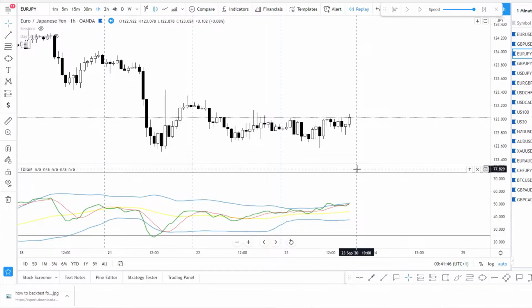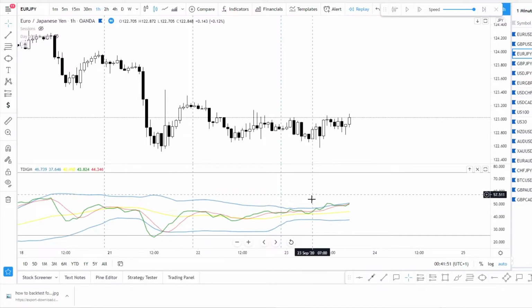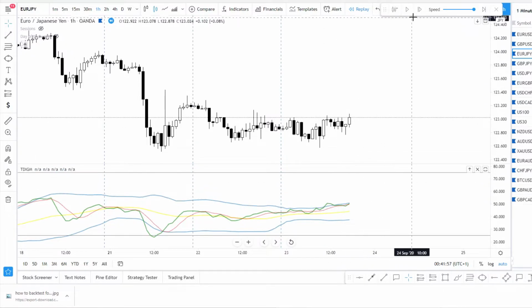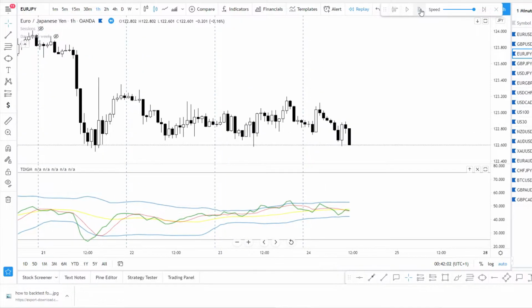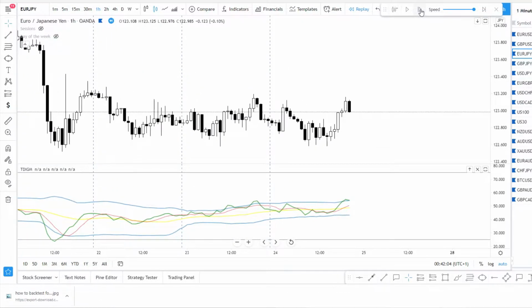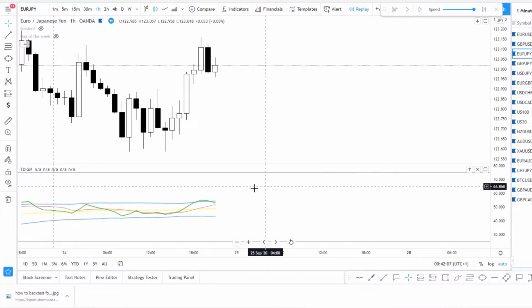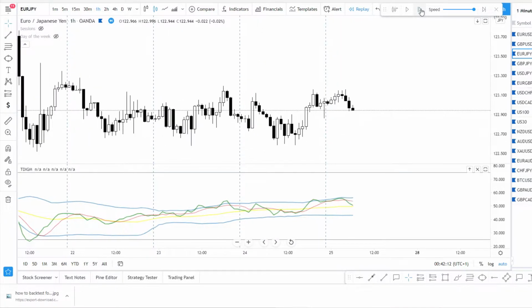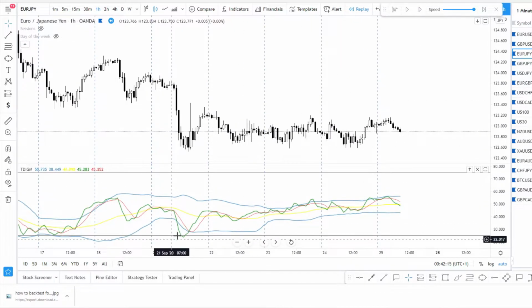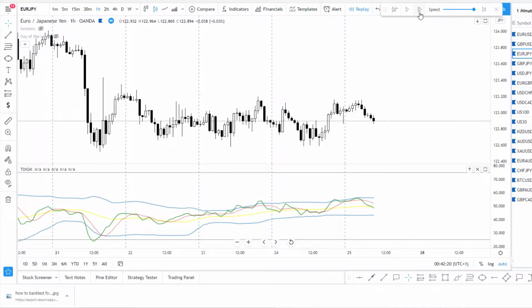So if it's at least at 70, then it's better than if you just see it in the middle, but even in the middle you can do it. So let's wait for some move. Well, I don't like this. It has to be something like this, exactly like this. It needs to have some impulse, alright?